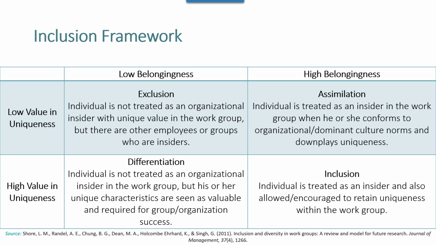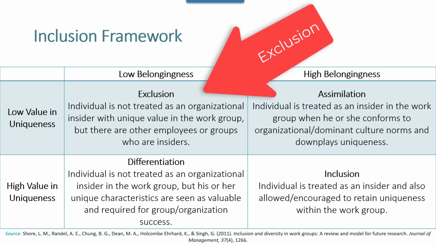Shore and his fellow researchers explain that these were key elements to inclusion and that inclusion leads to high-quality relations with the supervisor and group members, job satisfaction, organizational commitment, job performance, and well-being. The exclusion quadrant in the top left represents individuals in a group or organization who feel left out and excluded. They do not feel a part of things, and they do not feel valued. They feel like outsiders, like their uniqueness is unimportant or irrelevant. A sense of rejection from coworkers and supervisors is detrimental to mental health and attitudes toward work.